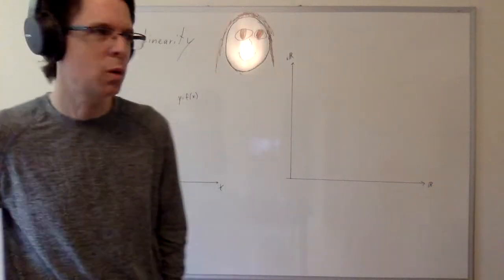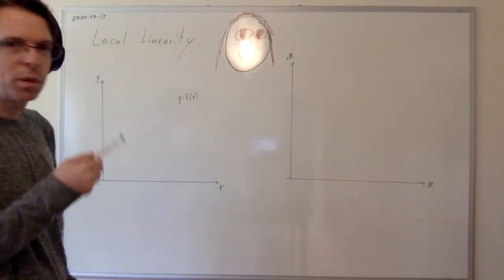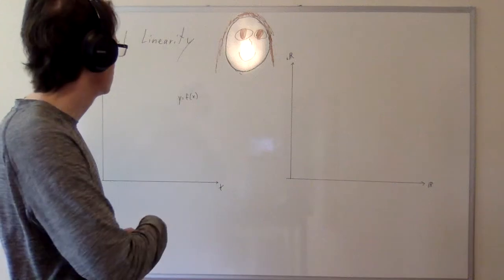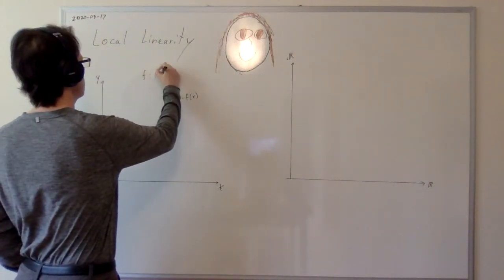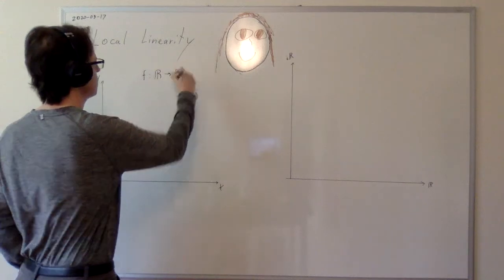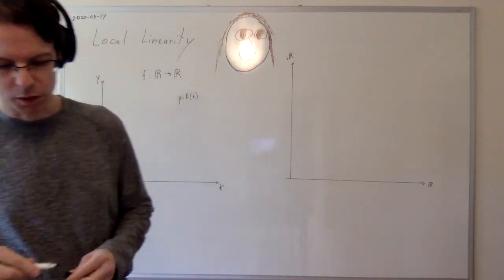Hi there, we're talking about local linearity today. We're comparing complex valued functions and real valued functions. So for a normal function from the real numbers to the real numbers, we like to plot the function on